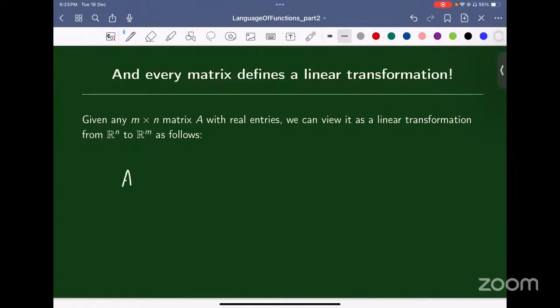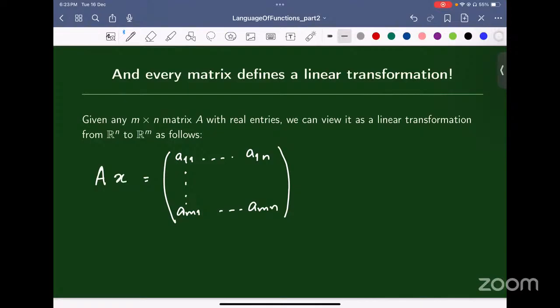Given any m cross n matrix A, suppose I write the entries of the matrix out, and now I think about matrix vector multiplication. And this results in the vector